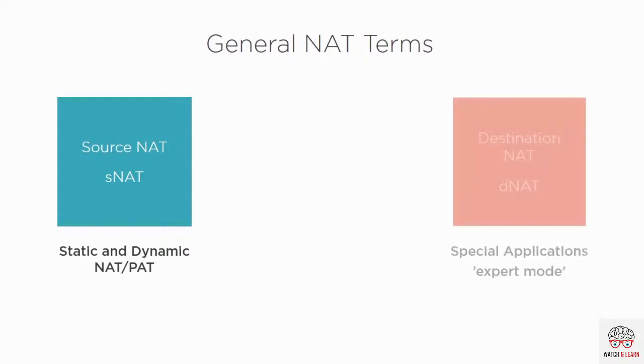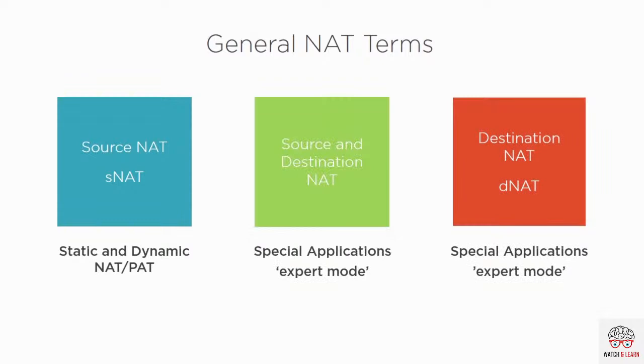We can also do destination NAT or some combination. Destination NAT means that we're actually going to change the destination IP address and/or port number as the message moves from local networks to global networks. Using destination NAT or a combination of source and destination NAT at the same time is uncommon and used in special applications. The case that I've seen destination NAT used most often is when you're trying to